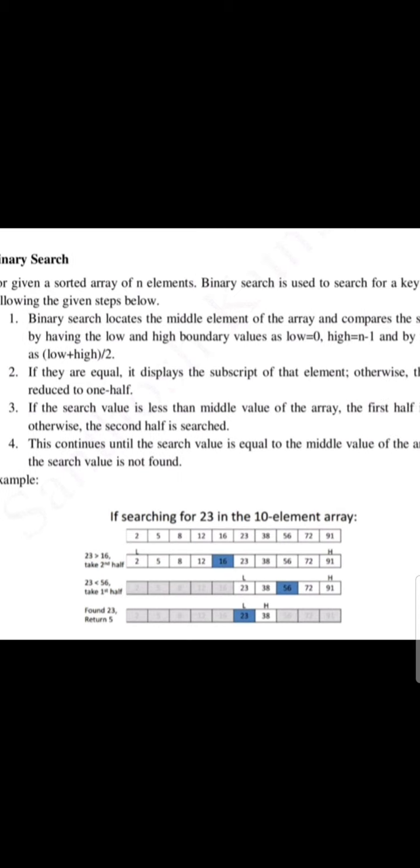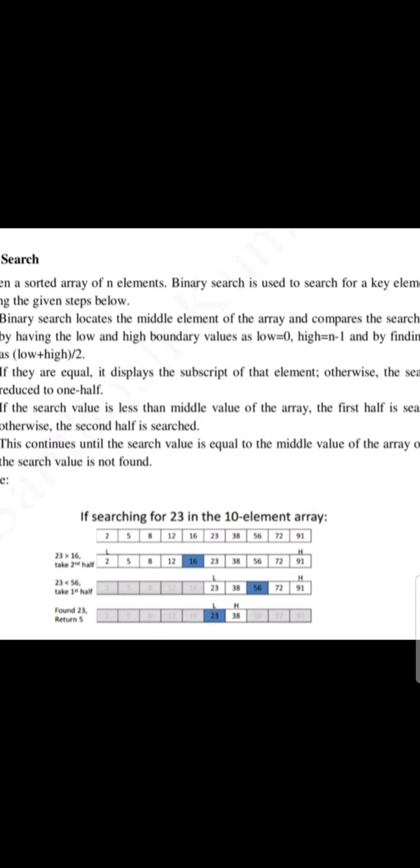So my dear students, in this example we considered searching for 23 in the 10 element array. I took the search key as 23.